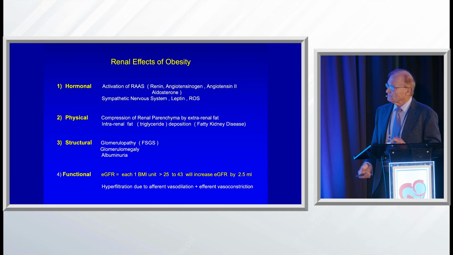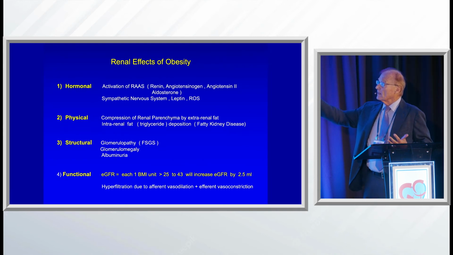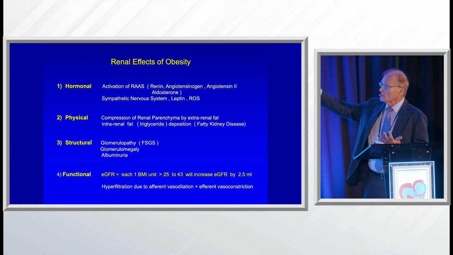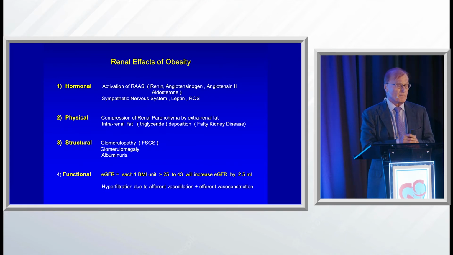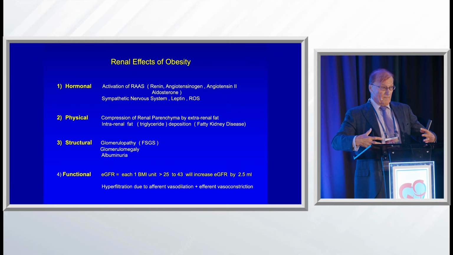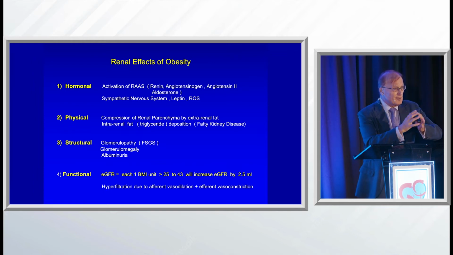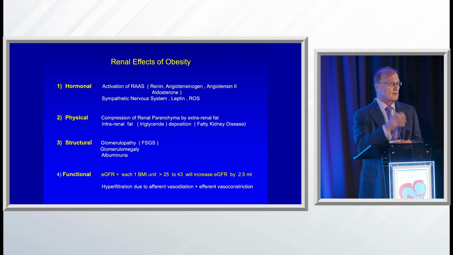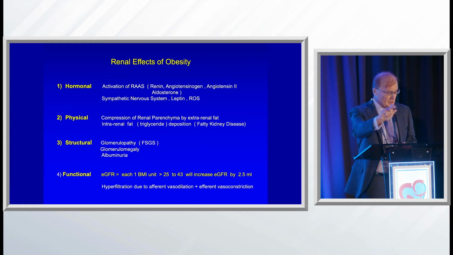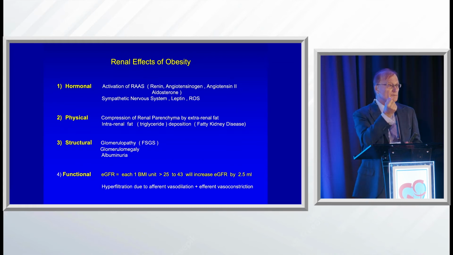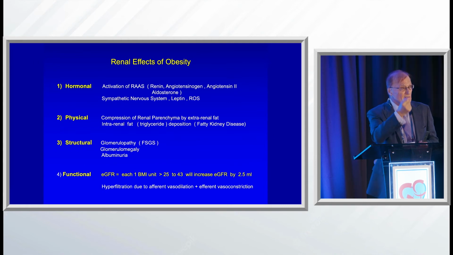Okay, so what are then the renal effects of obesity? Well, I already alluded to it, it's aldosterone, it's the renin-angiotensin system. But when you have a big abdomen, there's actually some physical compression of the kidneys. And if you compress the kidneys, the blood vessels which have to go in, arteries and veins and sympathetic systems, you are compressing those physically. An increased abdominal pressure of over 40 millimeters has been measured in obesity. So there is a physical component.